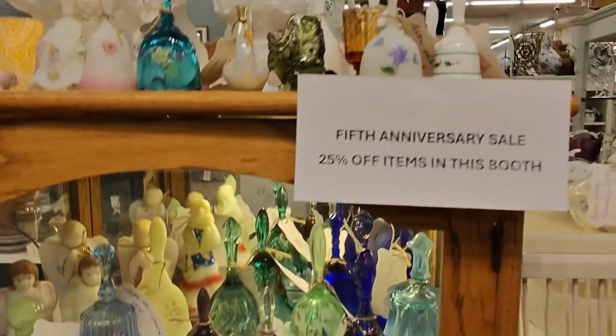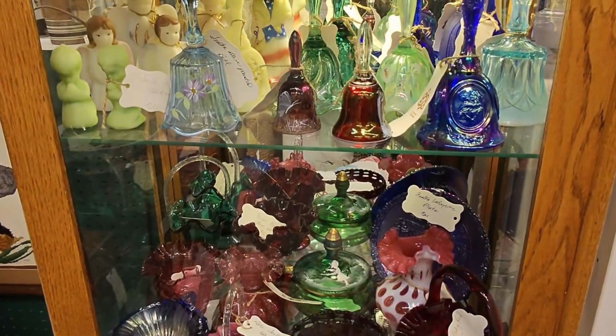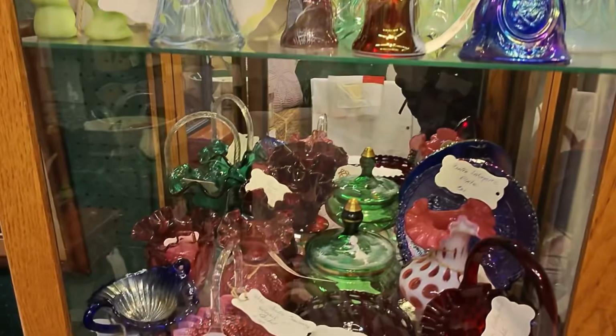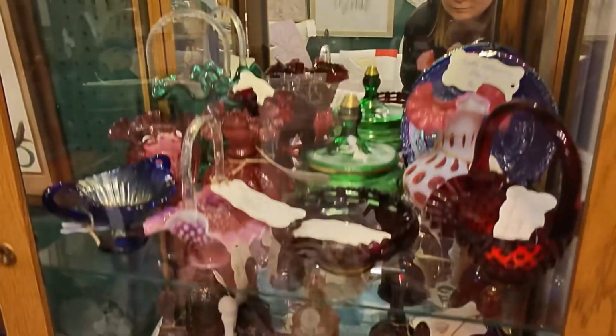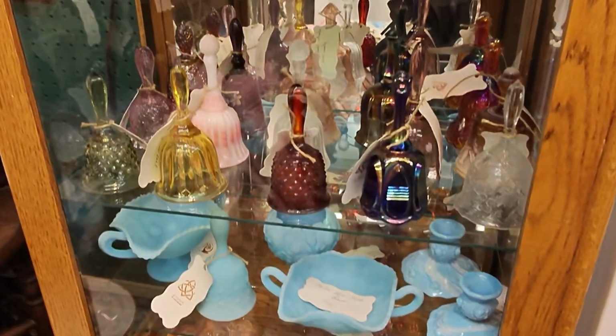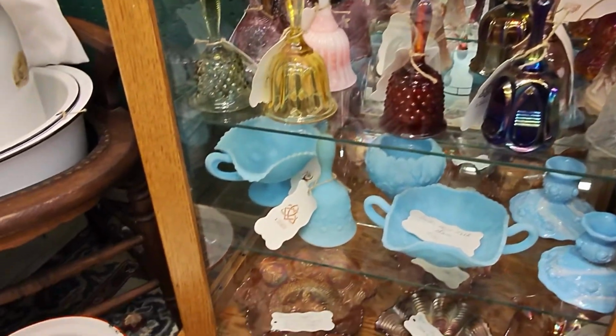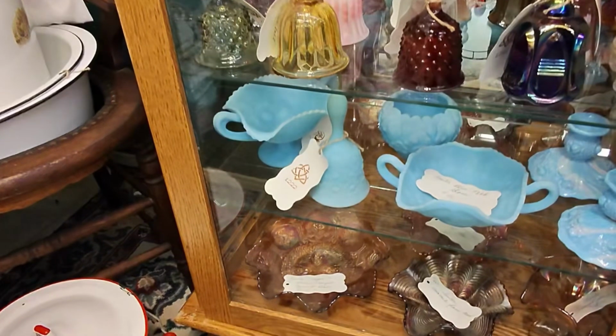Over here, this booth was having 25% off and lots of Fenton in this booth. So I took my time looking through the case. There's a nice coin dot back there. Lots of baskets and bells, which I don't pick up that often. There's some beautiful blue custard down there and a little bit of carnival glass. And on the bottom left is a Dragon and Lotus Fenton, which I love, but it was